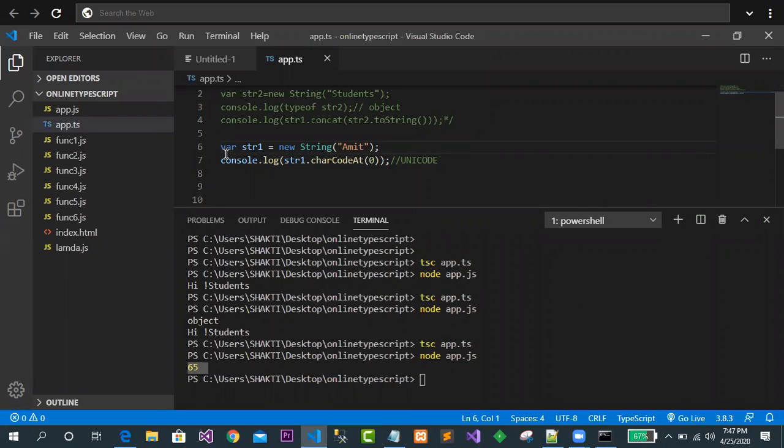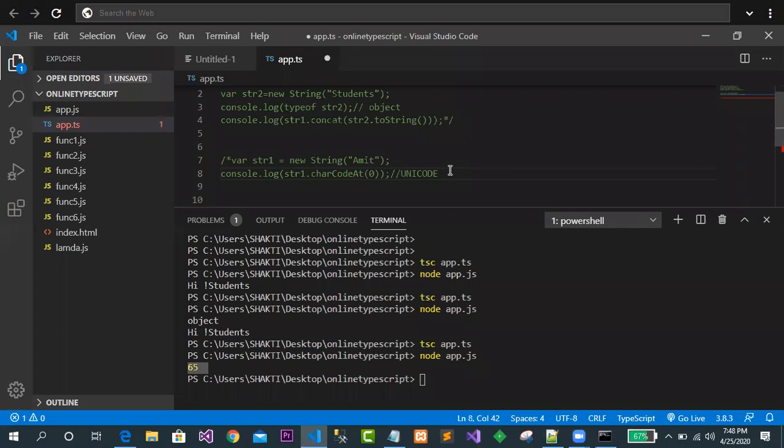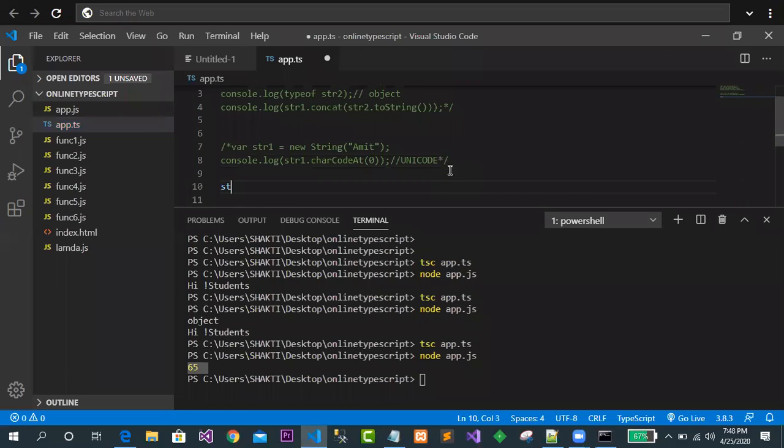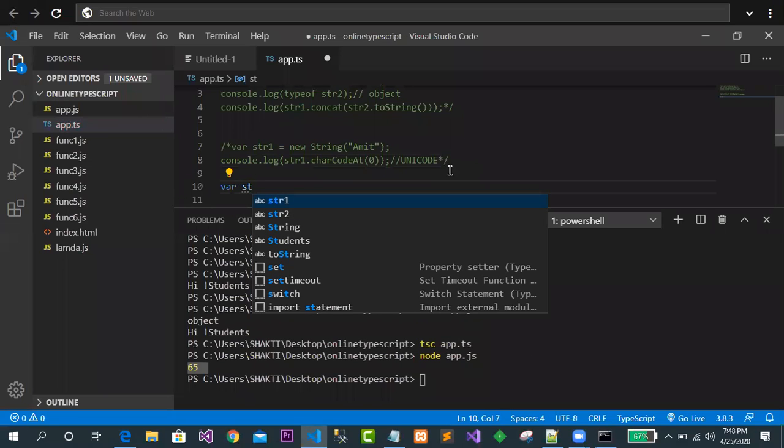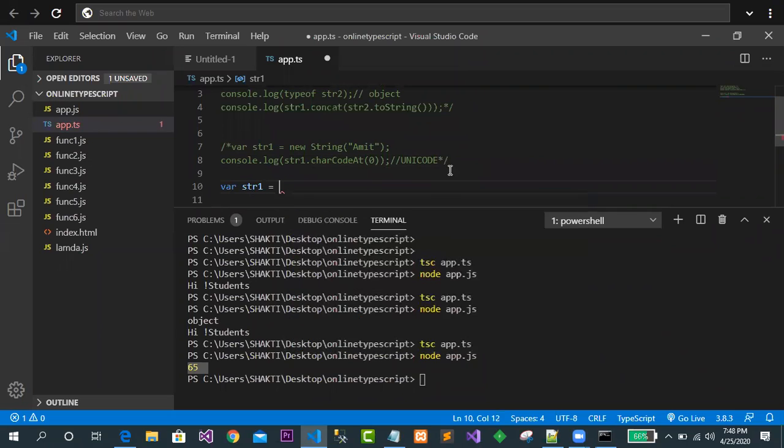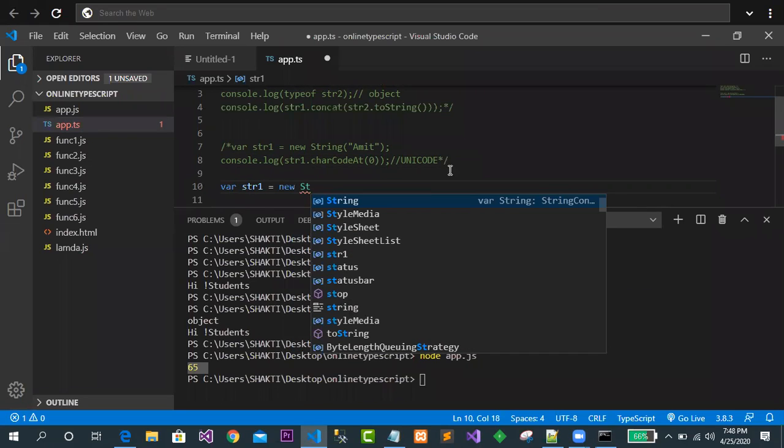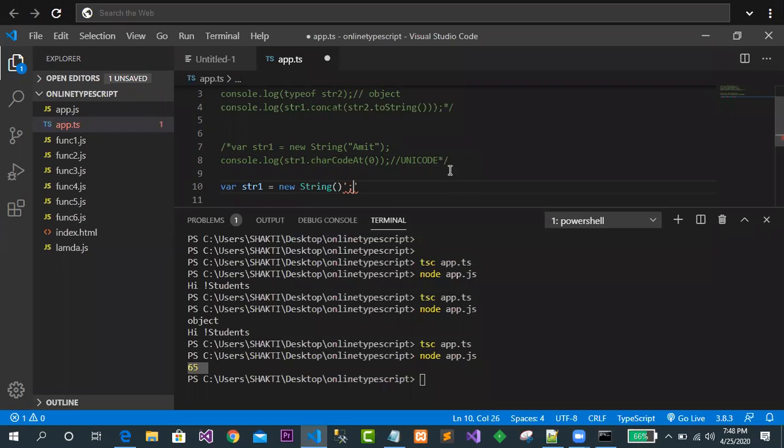What is the meaning of this line? Let me make a comment for it. IndexOf. So what is the meaning of indexOf? Let me create an object of the string class, str1 equal to new string, and here I have written Sakti sir is teaching in .NET School, something like this.